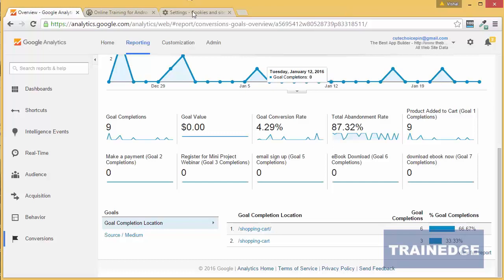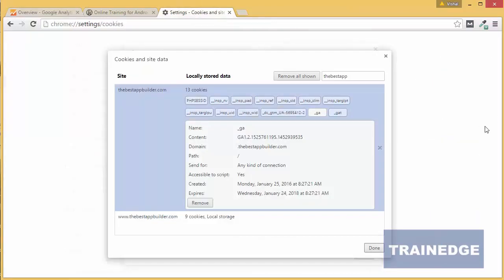Let us look at an example of a cookie. This is a cookie set on my computer by a website I visited in the past. This cookie was set by Google Analytics. Its name is _ga.